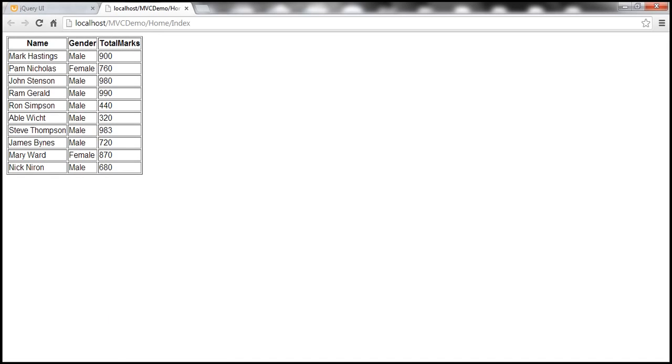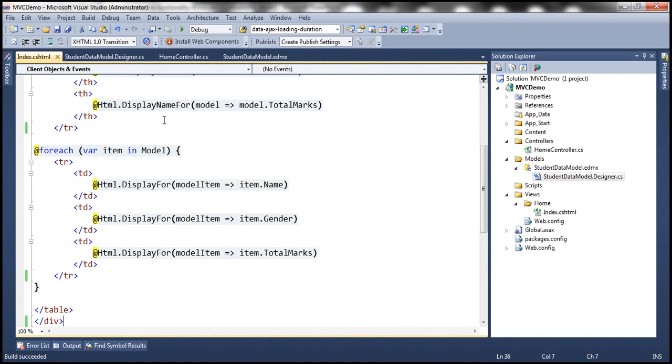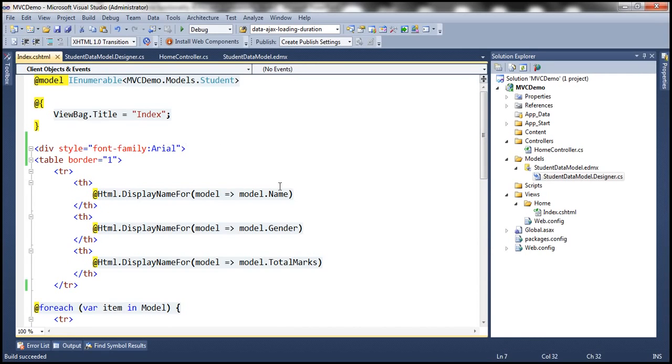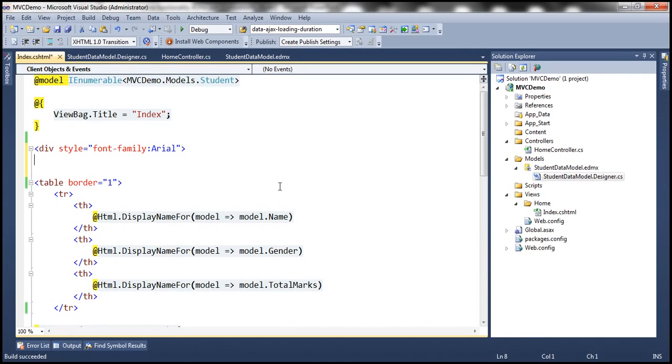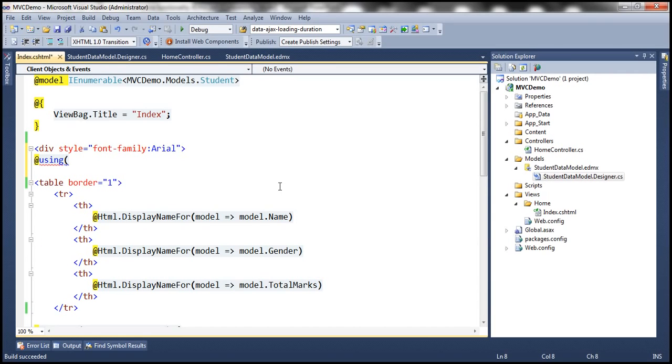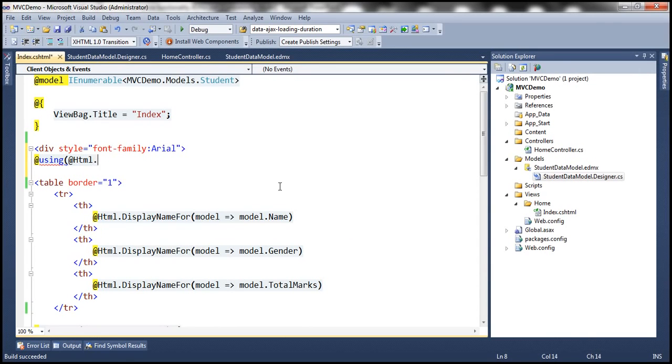Okay, alright, so the next step is to provide the search interface. So let's flip to the index view. So we need a form tag to be able to search, and to generate the form tag we can use html.beginForm HTML helper. Okay, so let's wrap the call to beginForm HTML helper with a using statement, so that we'll have the closing form tag auto generated for us. So using at html.beginForm,